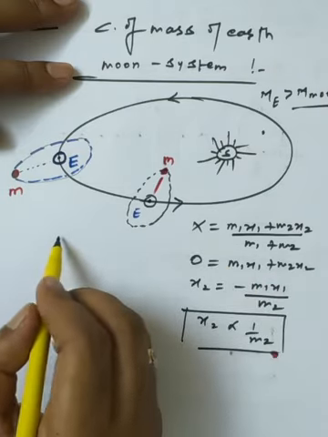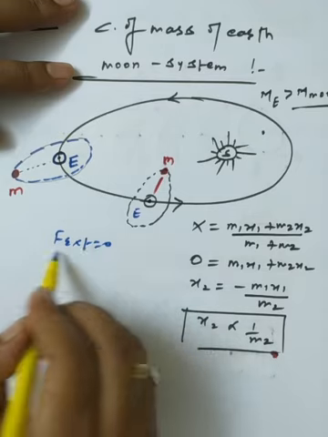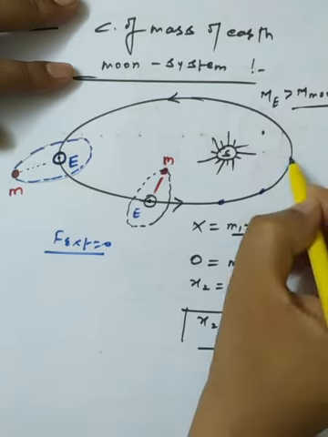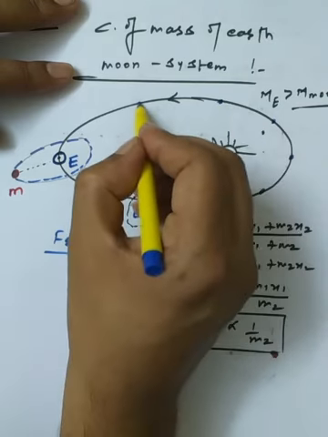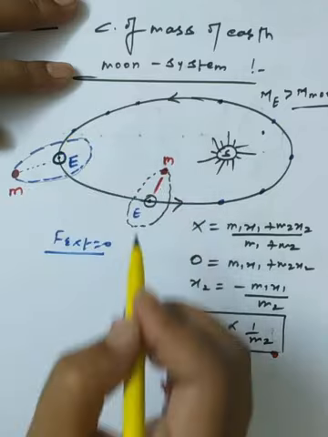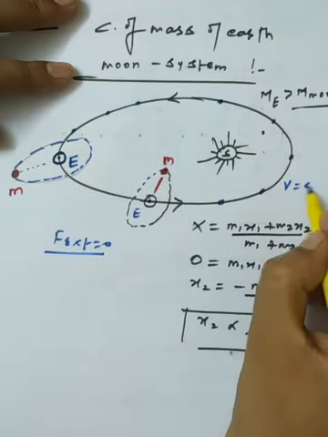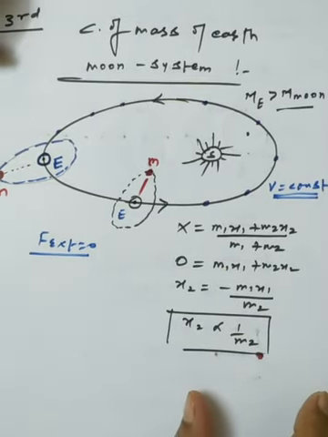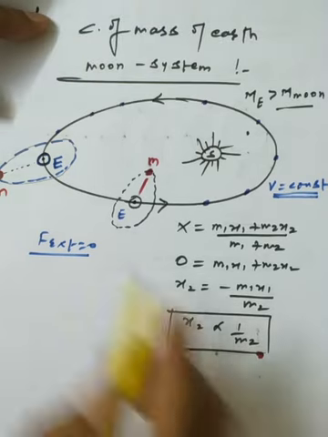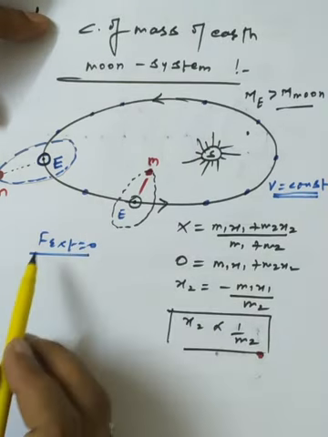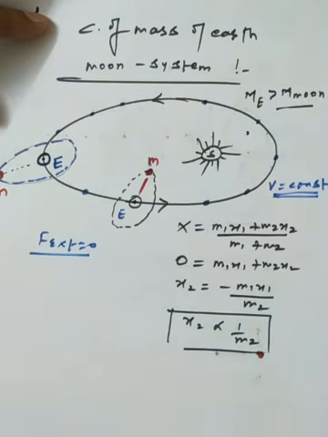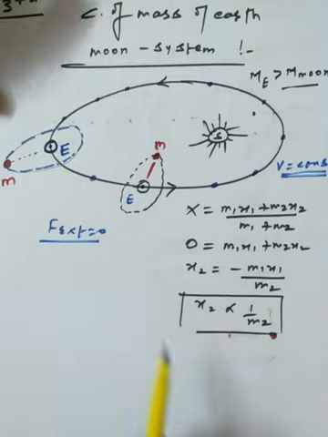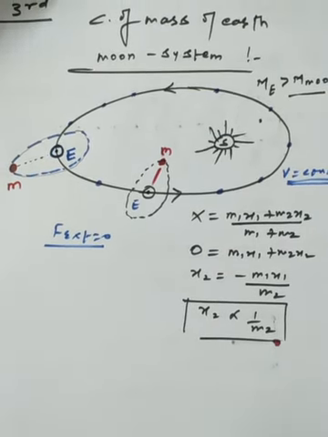Already we have assumed that the external force on the system is zero, because of the conservation part, so the center of mass continuously moves along the orbit through which the system is running. So we can assume that the velocity of the center of mass will be constant. The center of mass of the earth moon system will have constant velocity, and it will continuously move along the orbit in which the earth is moving, because we are assuming the center of mass of the two particle system lies inside the earth. So this is another example, and we have so many examples.